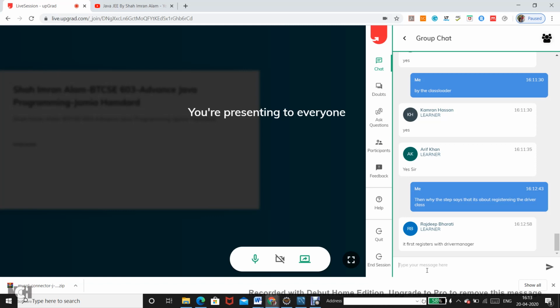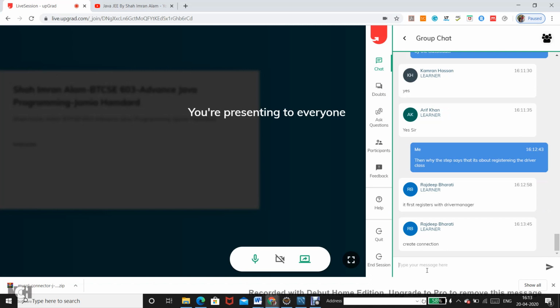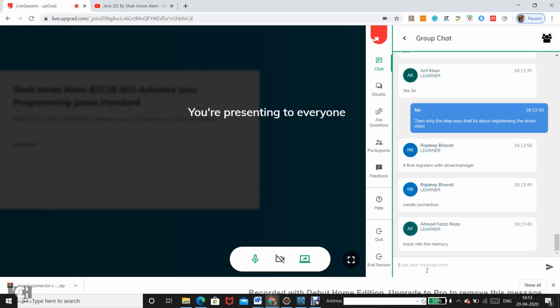Okay, we have seen RMI registry. No, Rajdeep. Creating a connection is a different thing. That's the next step. Loading into memory is again a different thing. That is the work of the class loader. What was the purpose of RMI registry?